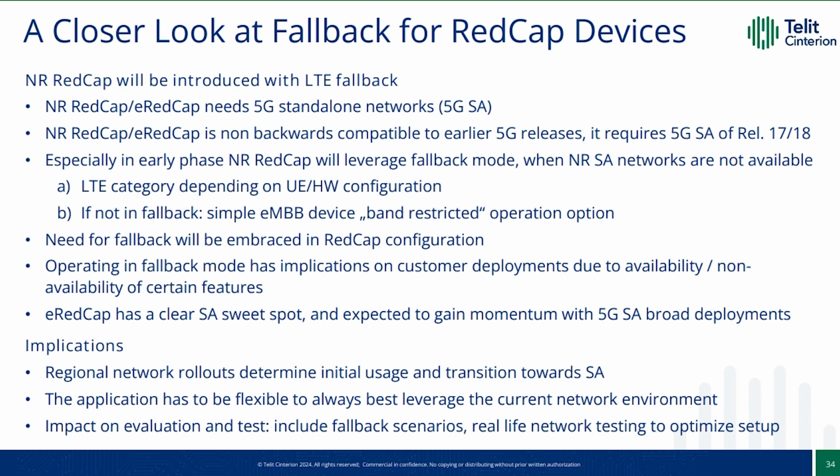Fallback, as outlined, is a main factor with the initial RedCap devices, and later will probably, of course, fade away. But for the first years, that's necessary, and depending on the regions, maybe longer. So we need fallback. We need also then an LTE category depending on the configuration. So for the initial NR RedCap devices, it will be LTE Cat 4 fallback. There's also in theory a way that it can work as an eMBB device in bands where the bandwidth is not beyond 20 megahertz, so it somehow can in theory serve these smaller bands. As outlined, the fallback is definitely part of the initial devices, and